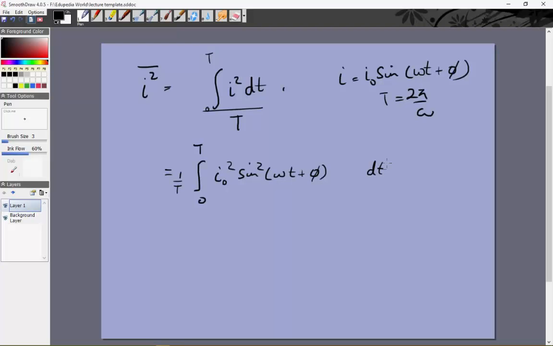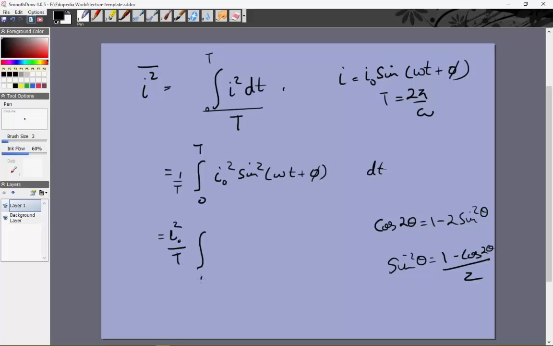Now what do we do when we have an integral of sine square? We turn it into the cos of twice the angle, right? We know that cos 2 theta is equal to 1 minus 2 sine square theta. So what is sine square theta? It is equal to 1 minus cos 2 theta by 2. That's what we'll do here. So this is equal to I0 square by T, which we've taken common, integral from 0 to T. Sine square of this whole thing will be 1 minus cos of 2 times omega t plus phi